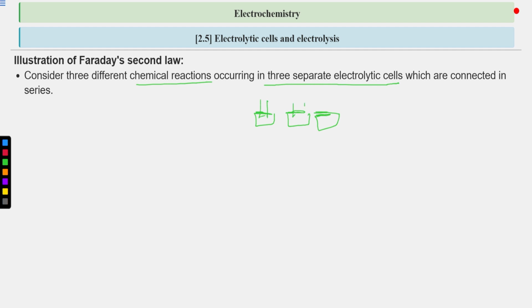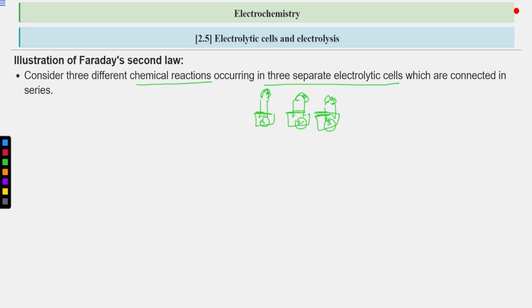These are the two dipped electrodes connected with wires. So what we are saying is, consider the three different chemical reactions occurring in the three separate cells. Let's suppose this is the first cell, this is the second cell, and this is the third cell. Now there are three separate electrolytic cells in which the chemical reactions are occurring,